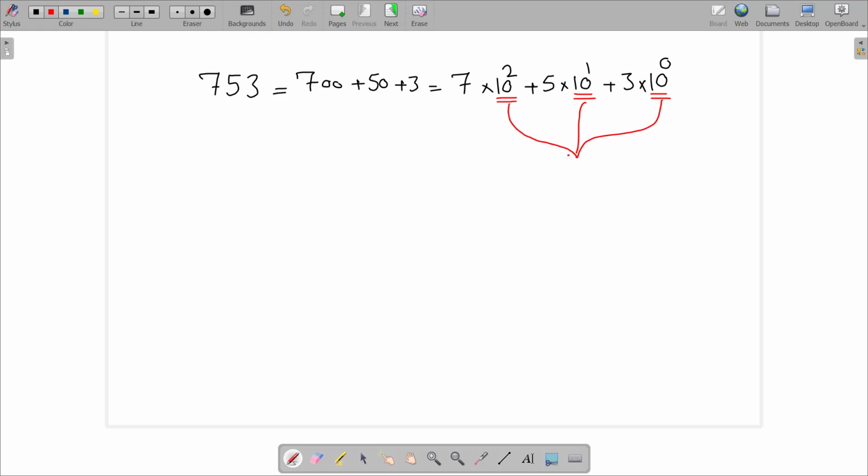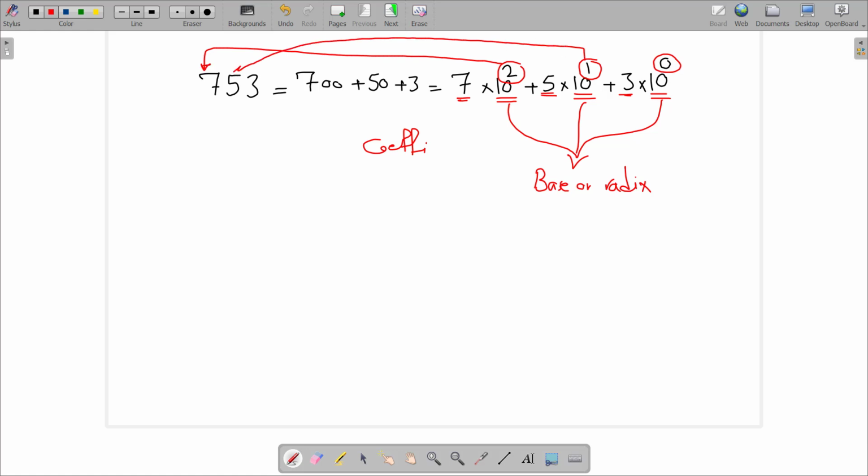the base or radix of a numbering system. And these 7, 5, and 3 are called coefficients. And the powers of 10, 0, 1, 2 represent the place value of each coefficient that you can see here. Generally, we can represent each number in this form: